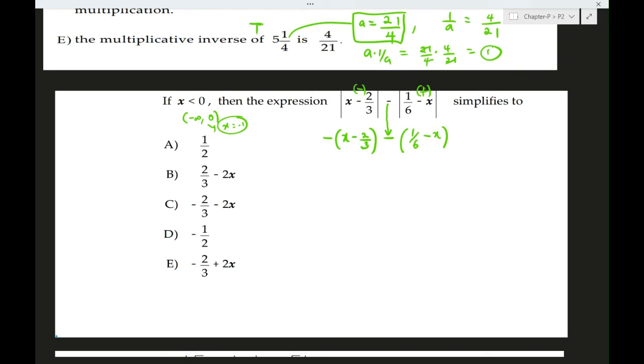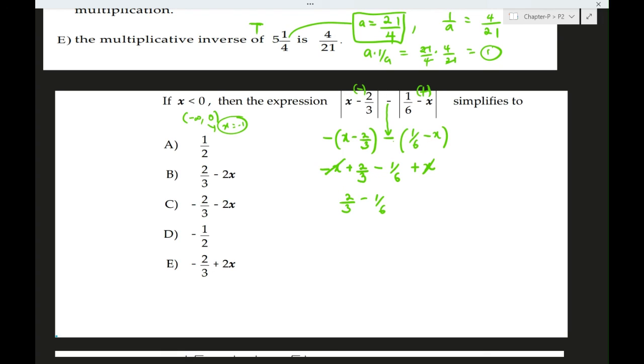So this minus is coming from the question, this one here. This is positive, so we can just remove the absolute value and we have this. Now if you expand this, we have minus x plus what? 2 over 3. Then here will be minus 1 over 6. Minus minus will give us what? Plus x. This minus x will cancel this one. And so we have 2 over 3